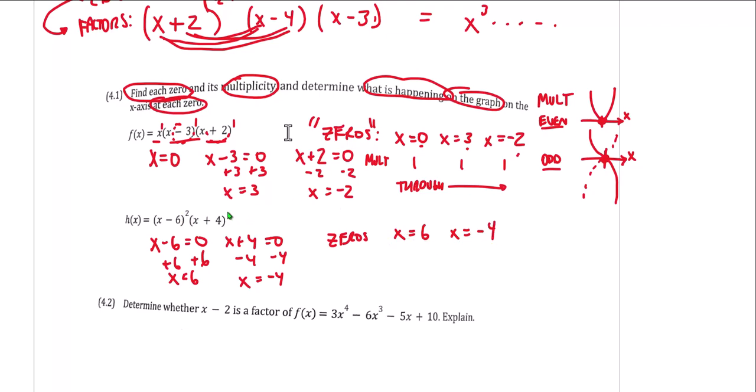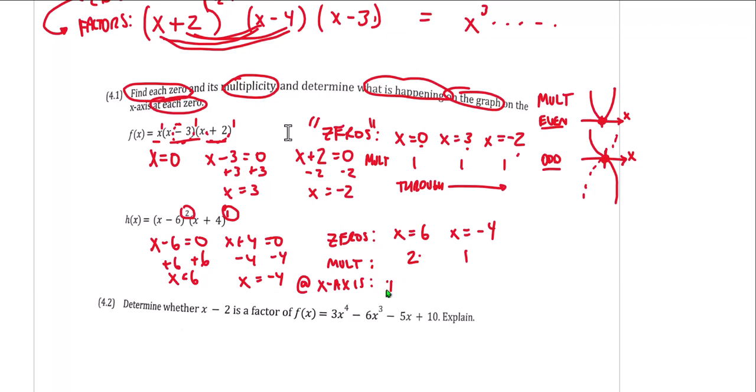The multiplicities, again, can be determined by the exponents on the factors. So the multiplicity of that x equals 6 is 2. We could also just write 2. And the multiplicity here is 1. Because this is an even multiplicity, we know that this graph will be, let's do this, at the x-axis,